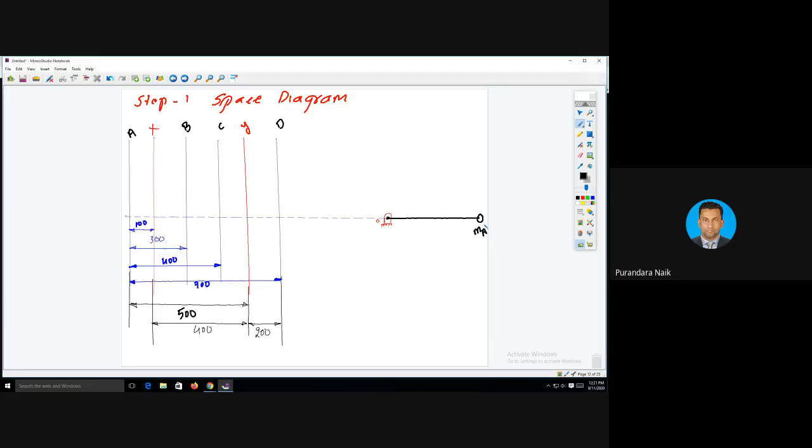Next, mass B. So the radius is RA. Mass B is at an angle of 45 degree. Measure 45 degree from mass A. So angle BOA is 45 degree. You can take any length, no problem, but the angle should be exactly equal. That is MB. The angle is 45 degree.